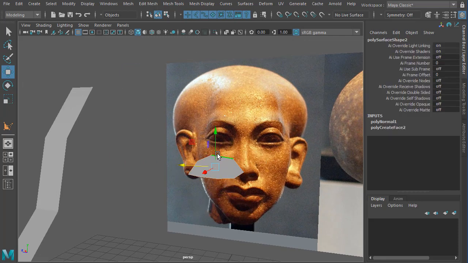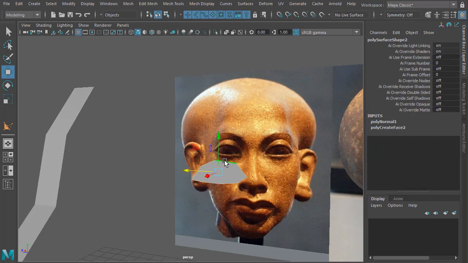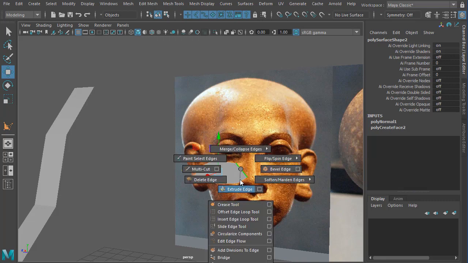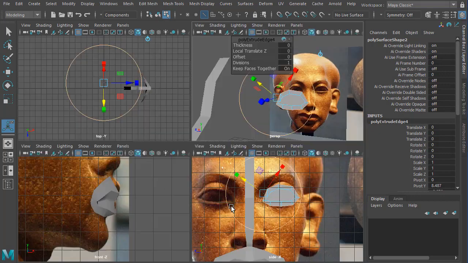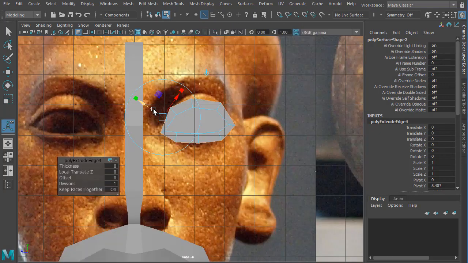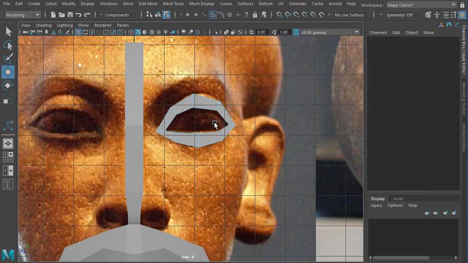Sometimes when you do the extrude, it might get fixed automatically. If it doesn't, you can just do the reverse direction. So I'm just going to double click on this edge so it selects the entire edge loop, and I'm going to shift right click and choose extrude edge. If I do that, you can see we're actually creating the entire shape that we needed. I'm just going to pick this, push him to where I want, push this guy, push him up, push this down, keep it like so. That basically gets the basic shape. Once I get that, I can actually delete this